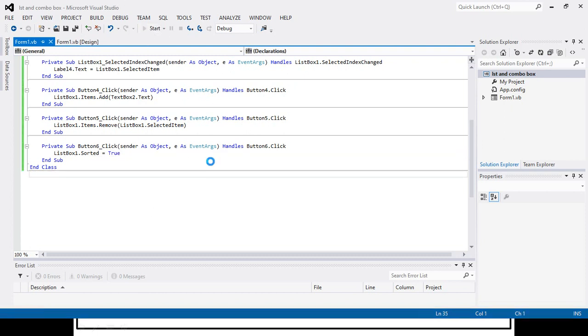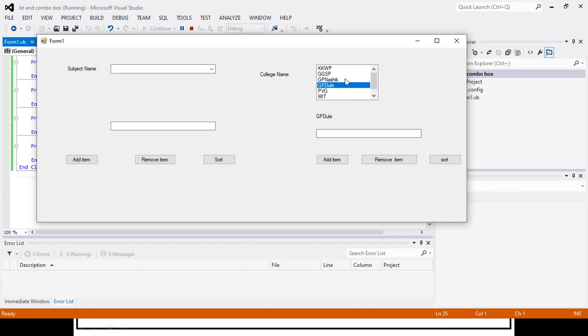Now we will execute it and check whether I am able to display the selected items in my label. Now here I will add some more college names, like COE Pune, and add item, so that it will be added into the list box.